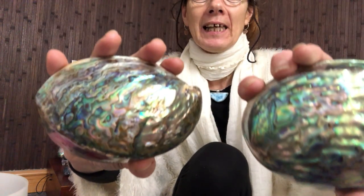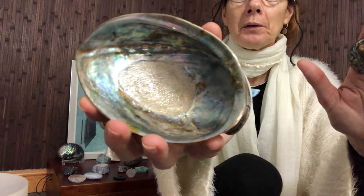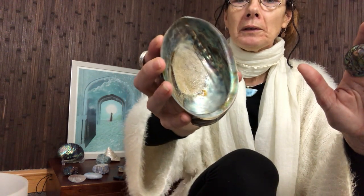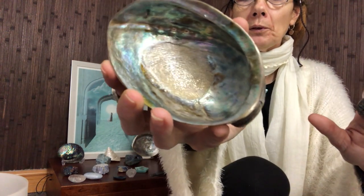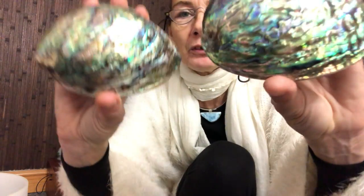realigning and activating. And when the healer comes across a little clogged up piece of chi, she just pulls it out and flicks it away. Pulls it out and flicks it away. Then she carries on